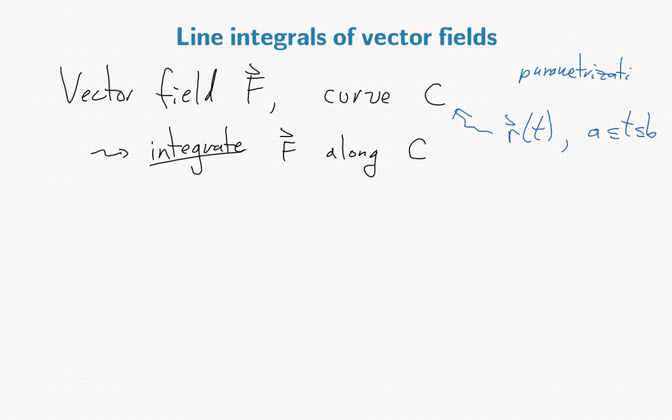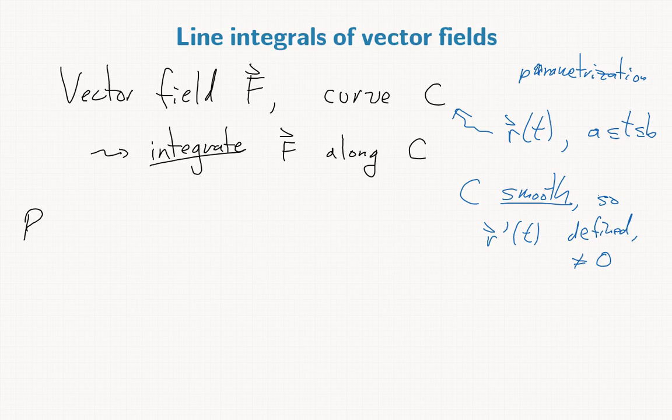And as usual, we'll assume that C is smooth. So r prime of t is defined and it's never equal to 0. Okay, so in this context, recall